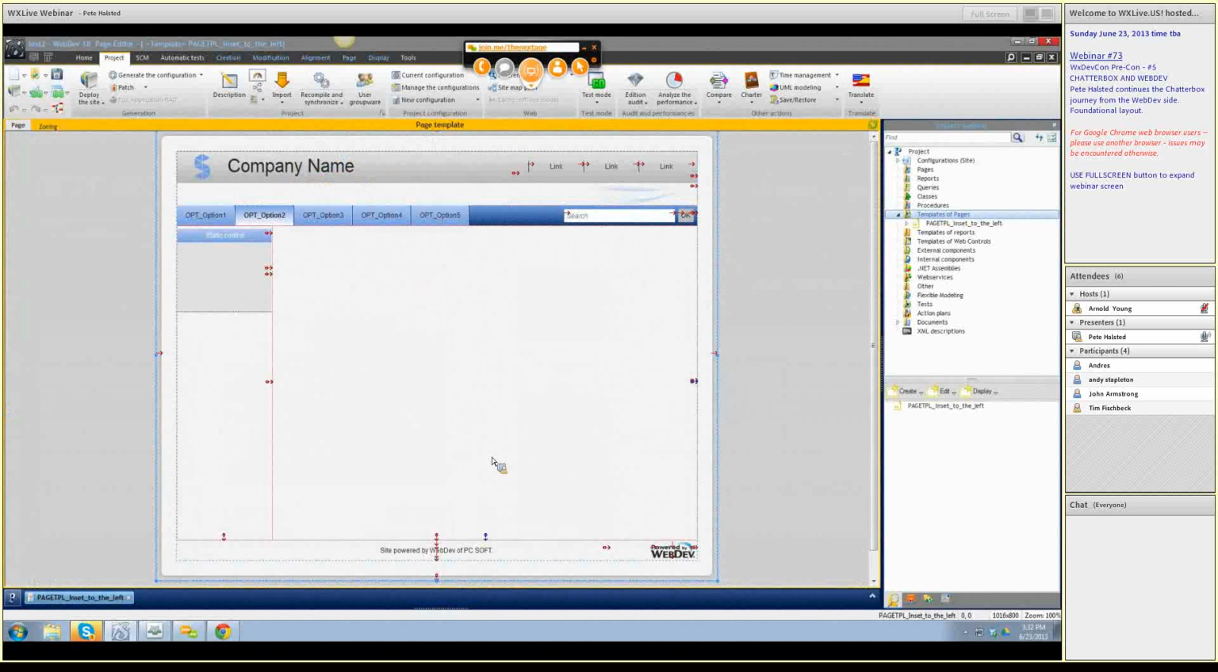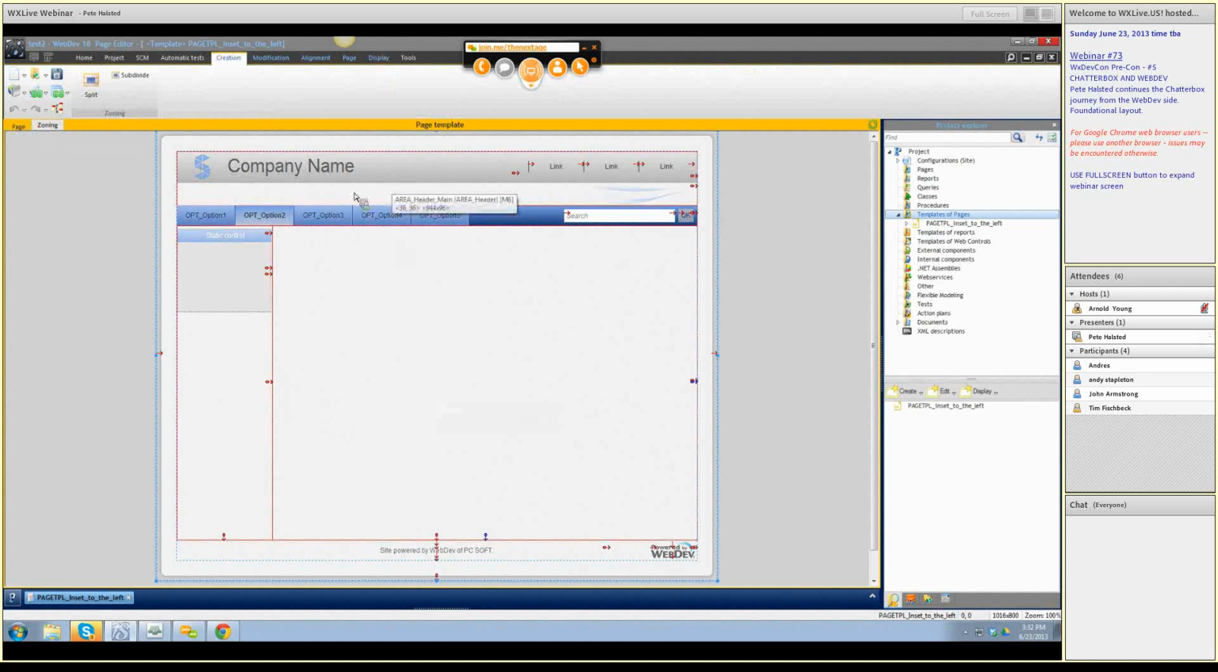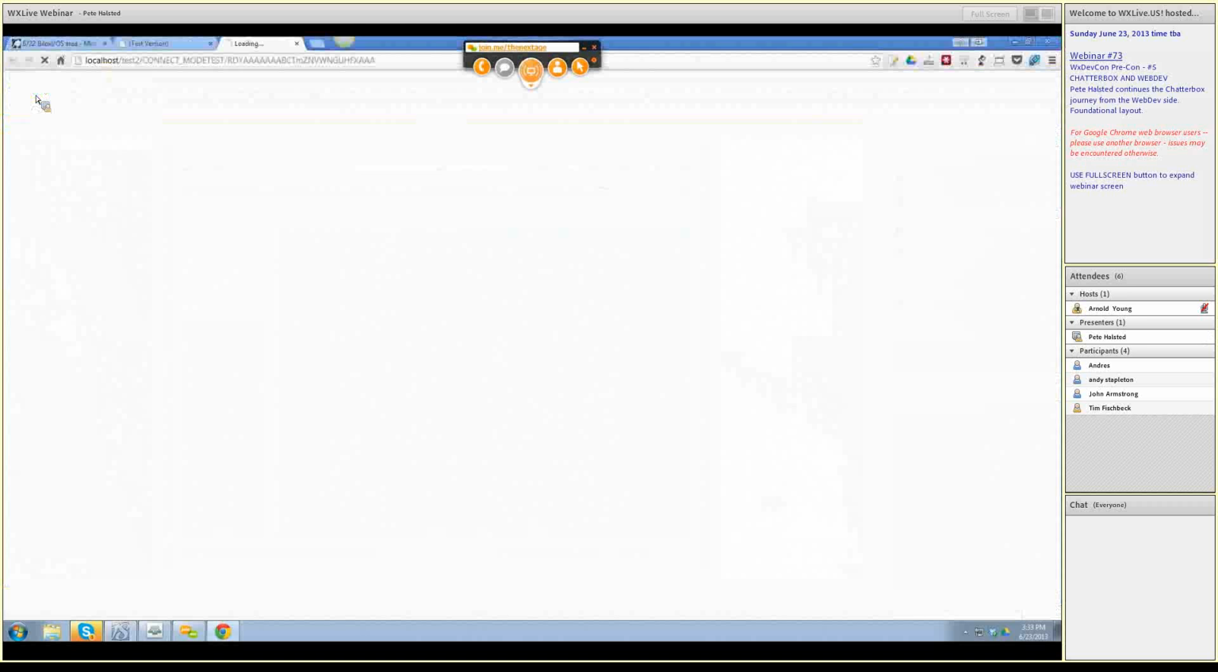Then I started modifying this template to look the way I wanted. And the first thing that you do is, if you go into zoning, you see the zones. We have a header zone up here. We have that left zone over here. We have a body zone, and then we have a footer zone. And if we run this page,